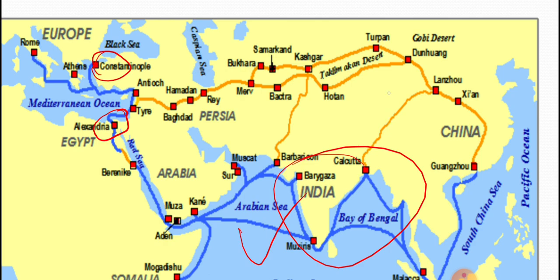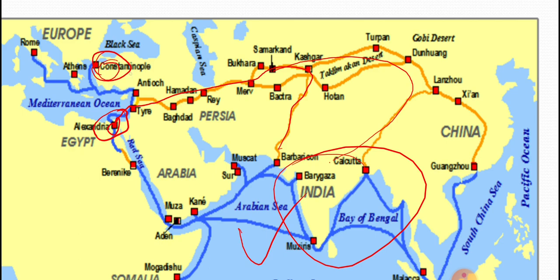Through India, through the land route, all the materials India was known for, all the things, they used to travel from these places, or there is a shortcut also, to Alexandria and Constantinople. And through the Mediterranean Sea, the European traders used to come and buy those things. You have studied that in the first chapter of the history.